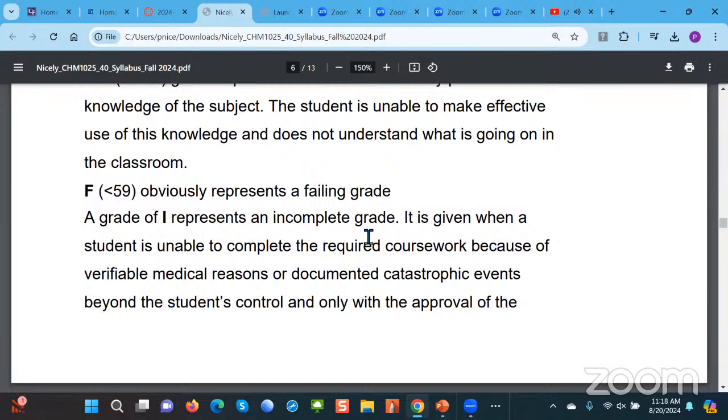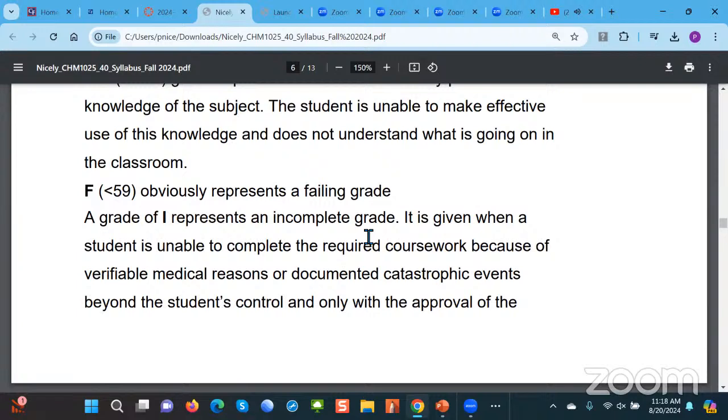The I grade, I stands for incomplete. It basically represents the fact that you have not completed the coursework. Now, in order for you to get an I grade, there must be some legitimate reason why you're not able to complete the coursework. So, for example, if you have some illness in the family or your own illness or something catastrophic happening to you personally, and because of those events, you're not able to complete the coursework, then the way this works is that you'd have to furnish me with evidence for the reason why you're not able to complete the coursework. And then I would pass it on to the Associate Vice President of Arts and Sciences,